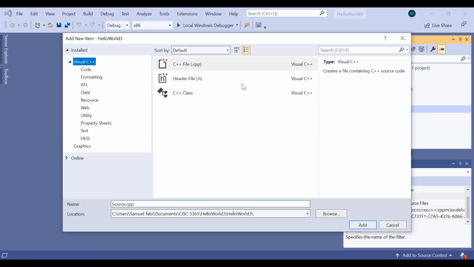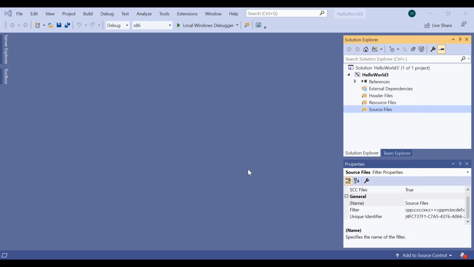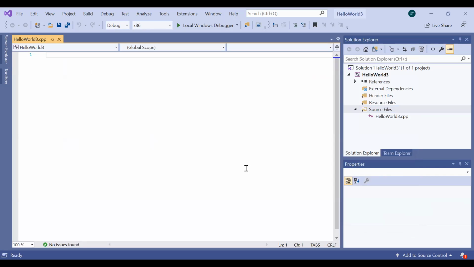Once you're on this window, within the middle panel or area, click on the C++ .cpp file. And then you want to make sure that the name here corresponds to the project name. Hello World 3. And that's simply the name for the source code. Click on add. Once you add an item, the design window will be displayed. And then you can go ahead and type the code as is displayed in